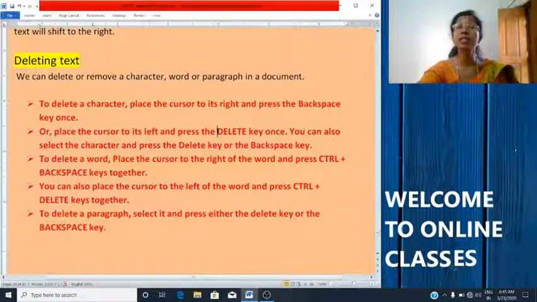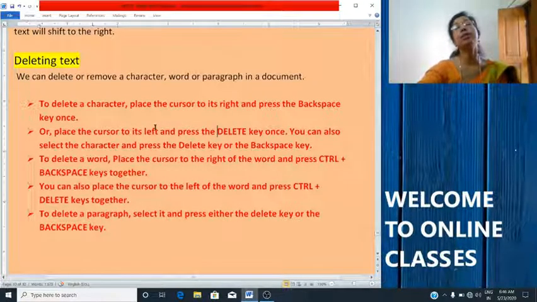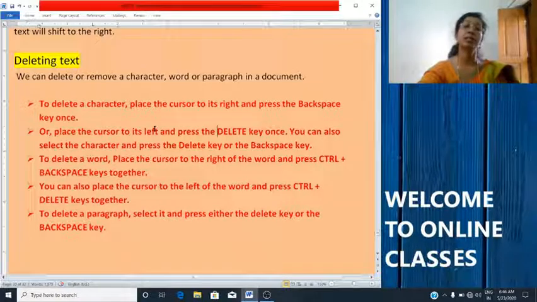First take the cursor there, select the character, word or paragraph, and press either the delete key or backspace key. These two keys are used for deleting text. The delete key deletes text to the right of the cursor, and the backspace key deletes text to the left of the cursor. Understood?